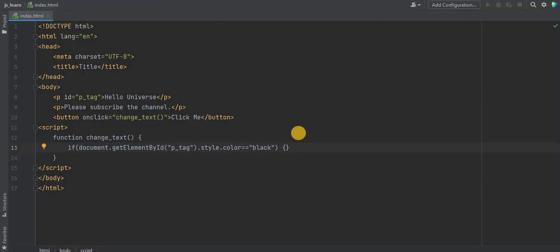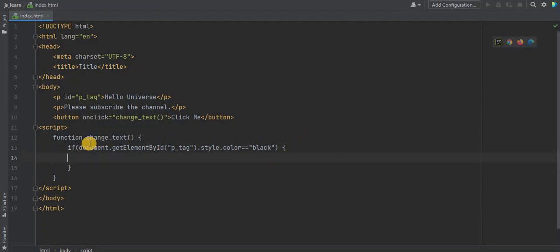So inside the curly brackets, I am going to write document.get element by id p tag dot style dot color will be red,